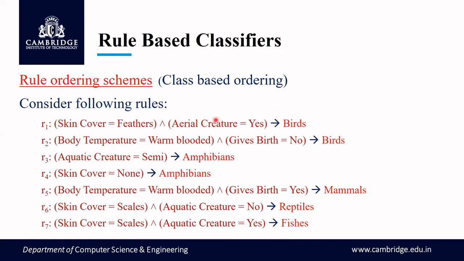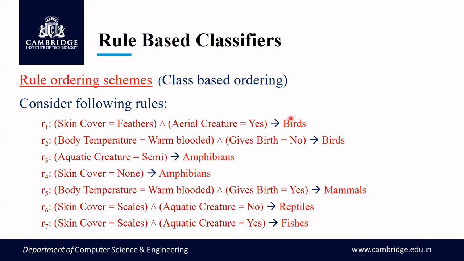I could have put amphibians first, no? Or I could have put mammals here and then birds, I would have taken it down. Or I could have taken reptiles up and then taken these amphibians down. Or take fishes to the first and put birds to the last. So all this can be done, but